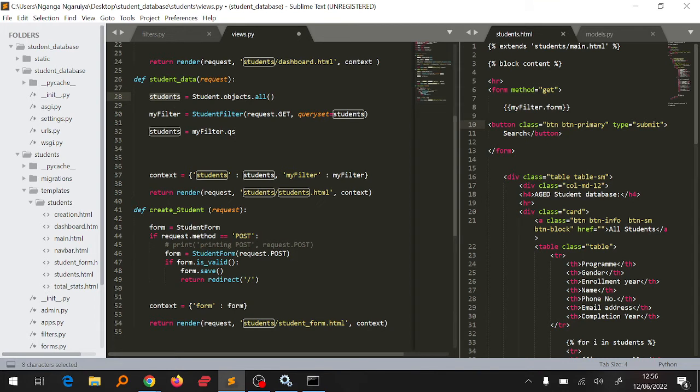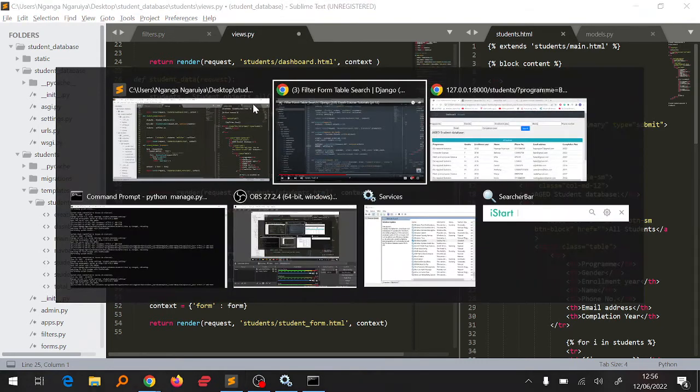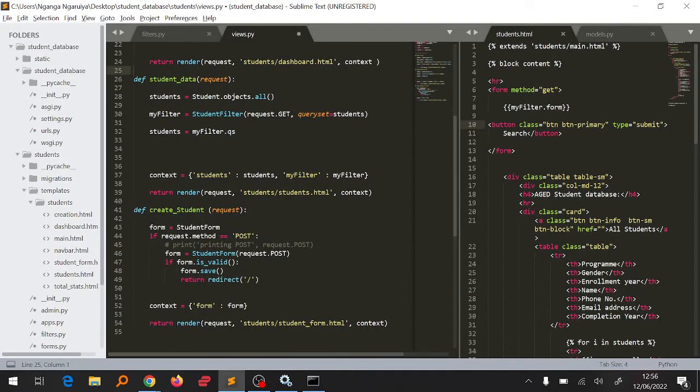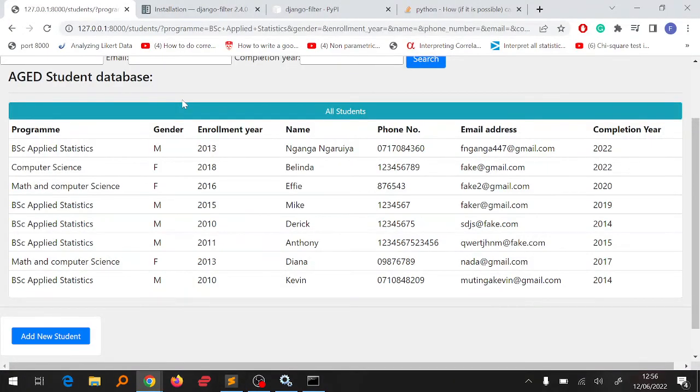The students gathers all the information. This variable now, student, is gathering all the information from the database. So when we look here, we'll find all the information in the database. Then what we want to do, we want it to go through this my filter, and whatever is being filtered there, it requests and it gets all this information, and then it applies it on the query set, which is the students. So out of all of them, if you are filtering male, it filters that and then converts this student now from being everything to being what has been queried. Let's save this, go back here, refresh this,